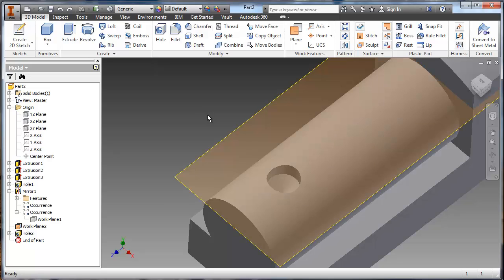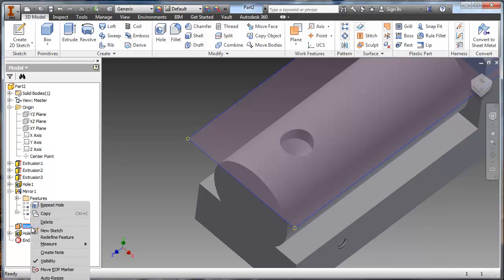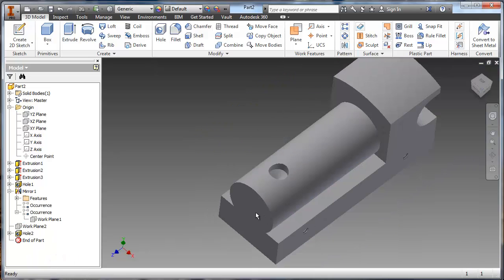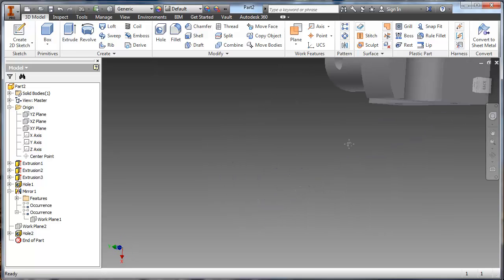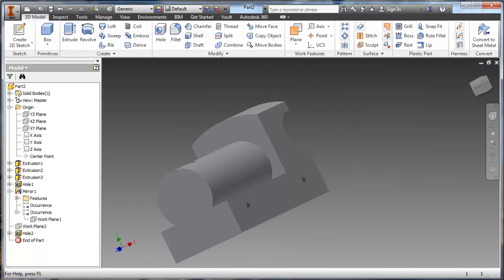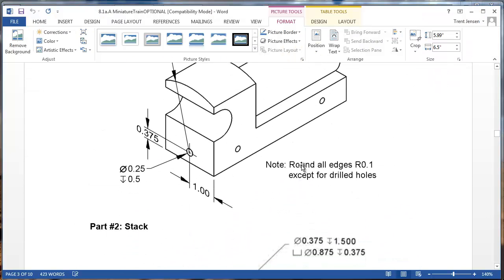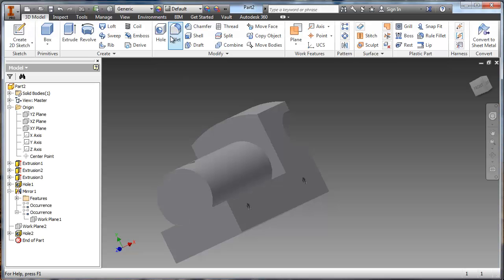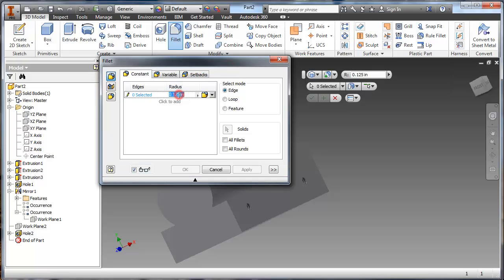Okay, let me do this again. So the last part of this is pretty straightforward. Once again, to make a work plane invisible, you right-click on it over here in the browser. Just click on visibility. There are 3 holes in the front that you're going to do the same method for, and 1 in the back. And then the last thing that you need to do, once you've got those holes, and I'd probably wait until then, is that we are told down here that all edges have a fillet on them of 0.1, except for drilled holes. So I'm going to come to my fillet, change the radius of that to 0.1,